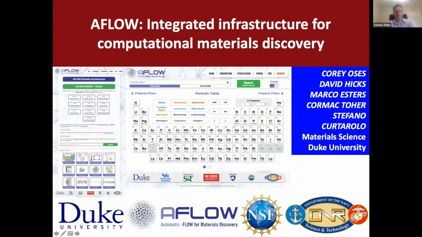So good morning, everybody. My name is Cormac Toher. I'm an assistant research professor at Duke University in the Center for Autonomous Materials Design. So we're going to be presenting this morning. For the next 3 hours, we're going to be talking about AFLOW, which is our integrated infrastructure for computational